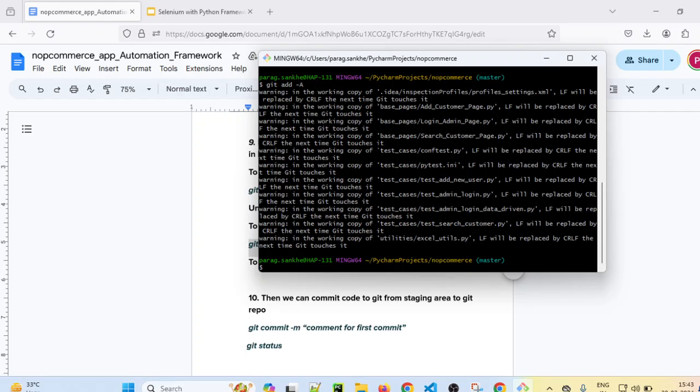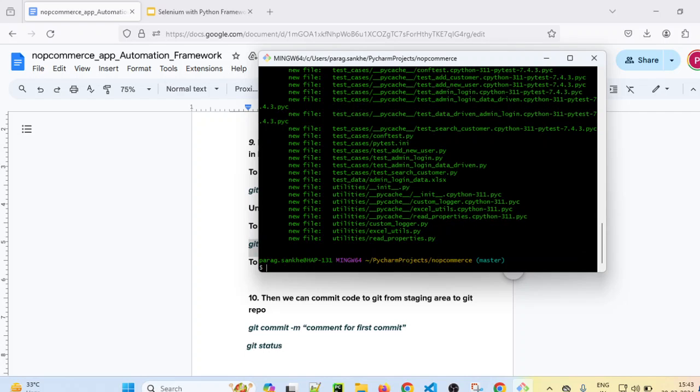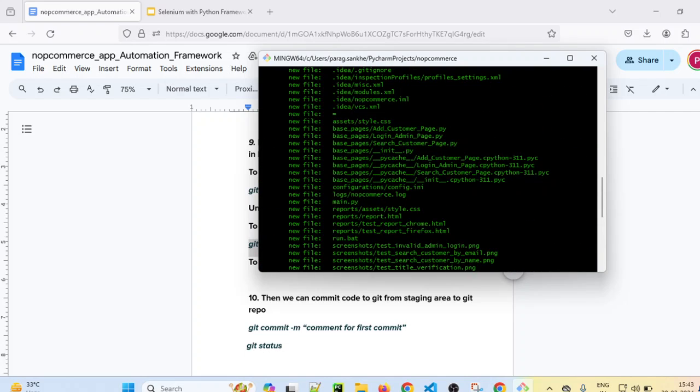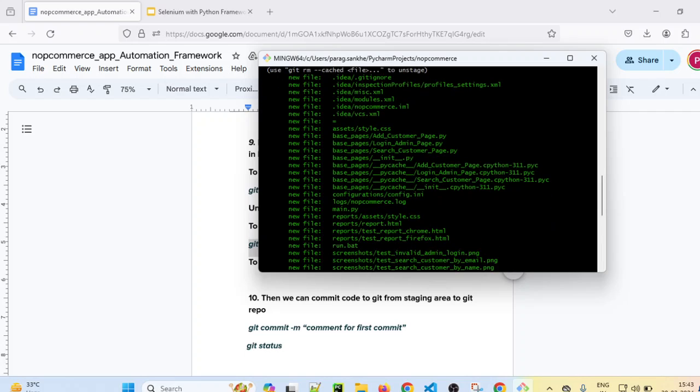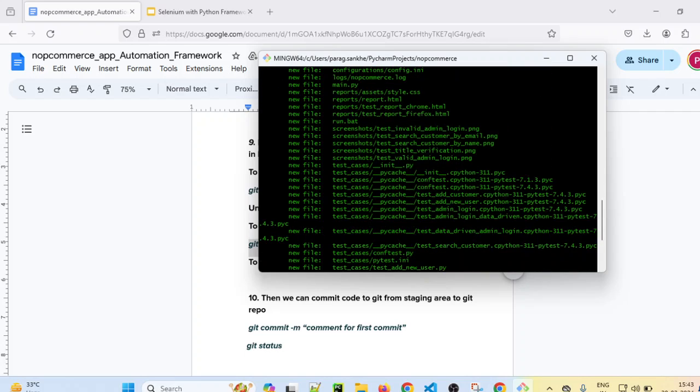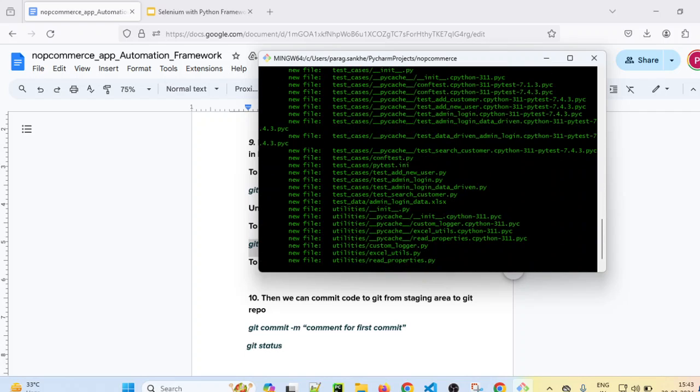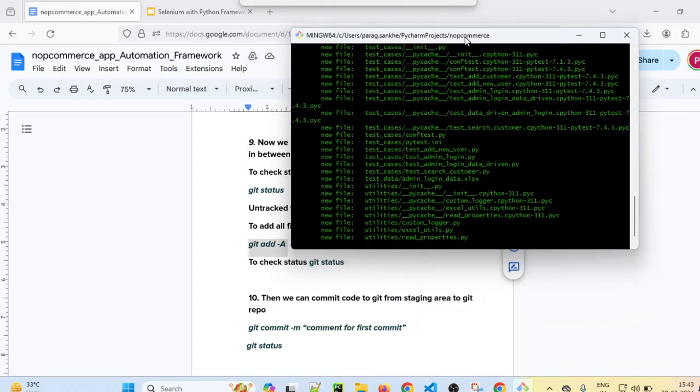So if you see, all the files are now added into staging area. Now again if I check the status, git status, it will show you all the files as green. Previously it was showing red because they were not added into staging area. They were untracked files. Now after adding all the files by using git add -a, we have added those files